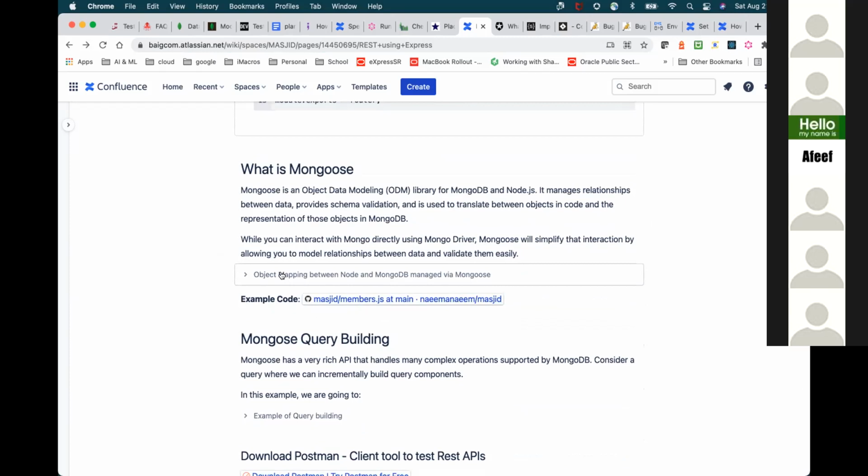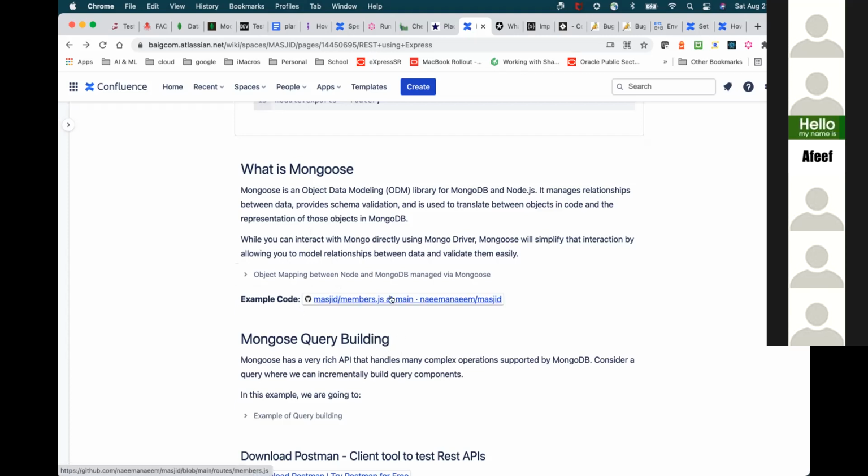And then the other important difference is that we are using the Mongoose library. Mongoose basically provides an abstraction that makes your functions very, very easy. They abstract and hide the complexity for you. Otherwise, you would be writing the queries which Brother Ahmed covered a couple of weeks ago. You don't have to write those queries in the code, because they are abstracted very well in the Mongoose library, and they provide you functions like find and update, which you will see in member.js.